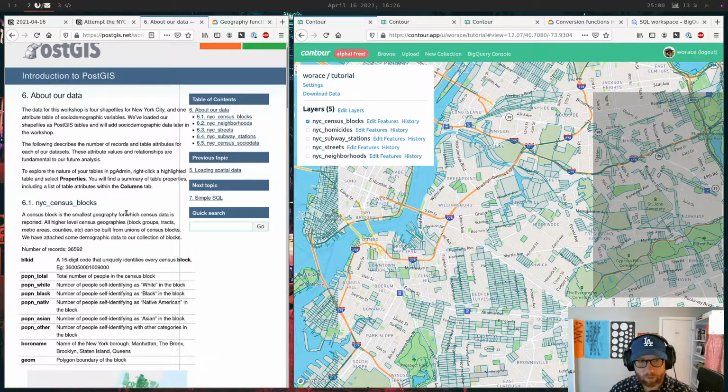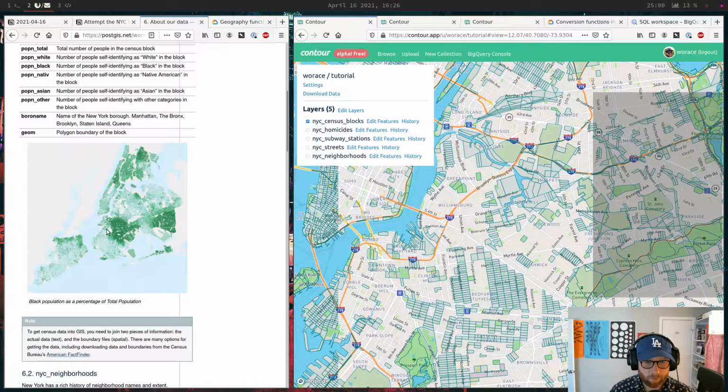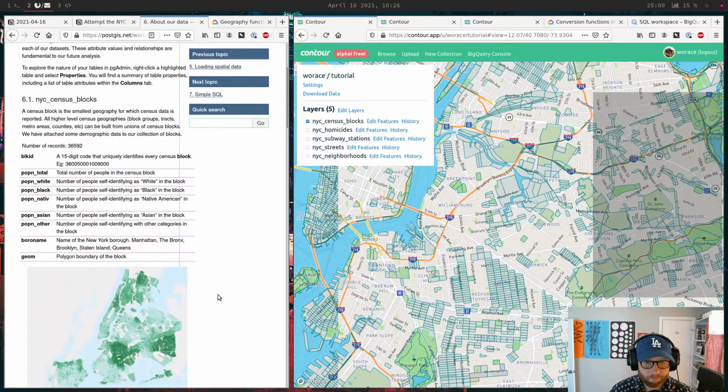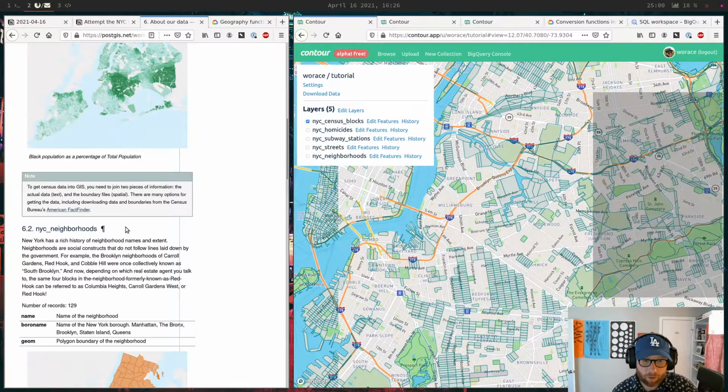All right, pray for us here. Oh wow, there's an interesting little rendering. Oh, percentage. Oh, interesting. Sorry, I don't know what I'm going to do here if this network connection keeps going out on me.